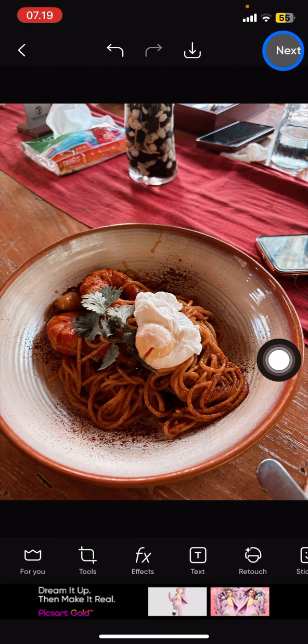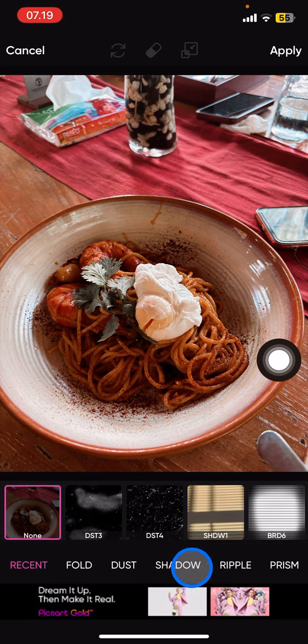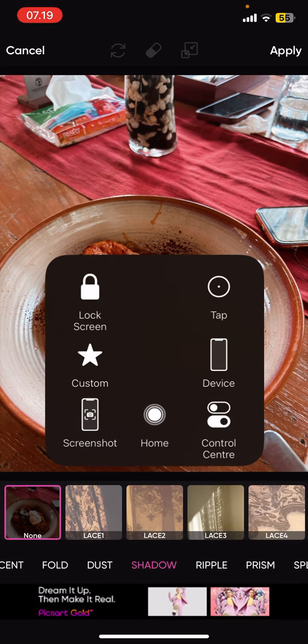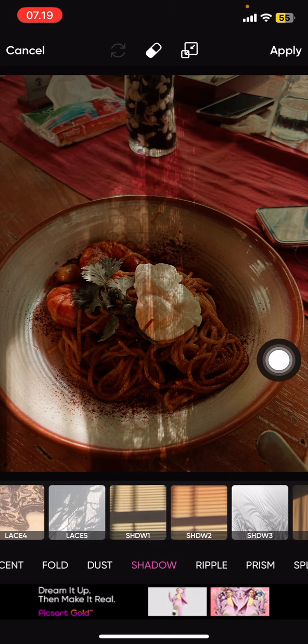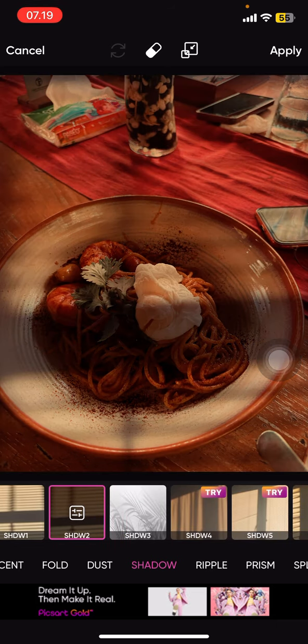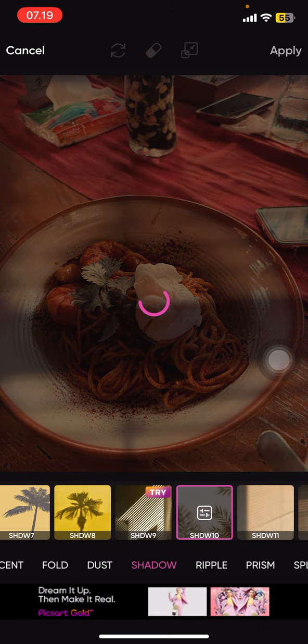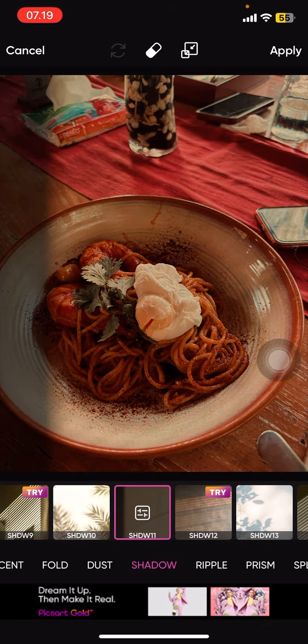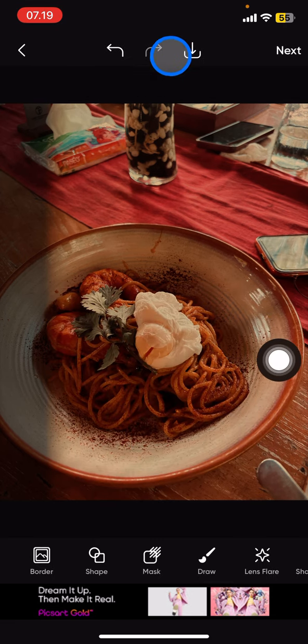Next, I would like to suggest you use this feature. Swipe to the left side until you find mask, and then just tap mask, and then click the shadow, and then find the mask that could help your photo look much better. Okay, perfect. And now just tap apply again,